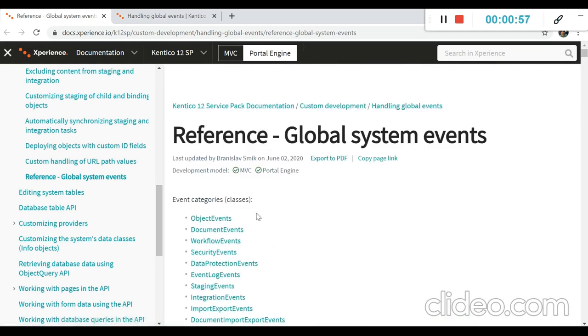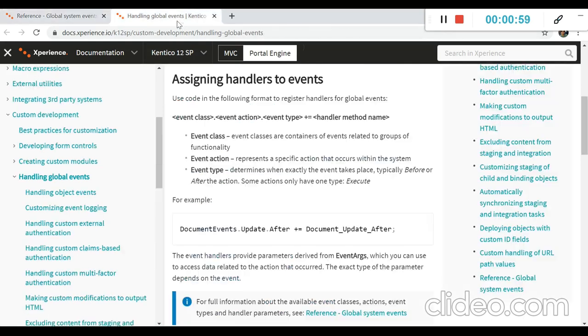I will also provide that link in the description of the video. After that, there is the event action, which is the action you need to perform, for example update, insert, delete. The event type is where and when you want to perform it, like after update or after insert.